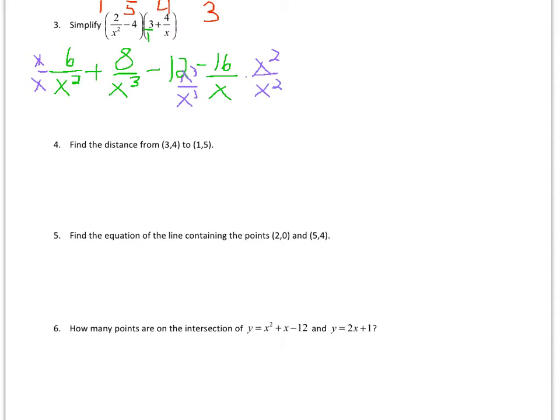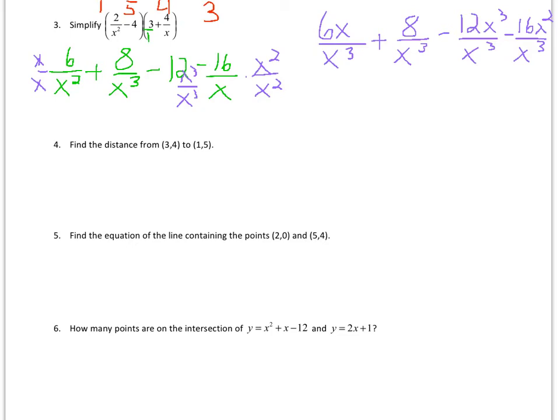So that will give us 6x over x cubed plus 8 over x cubed minus 12x cubed over x cubed minus 16x squared over x cubed. And then for our final answer, we can write the entire numerator over x cubed and just